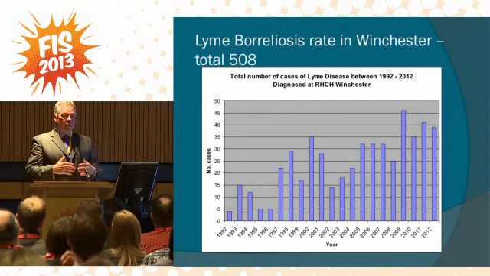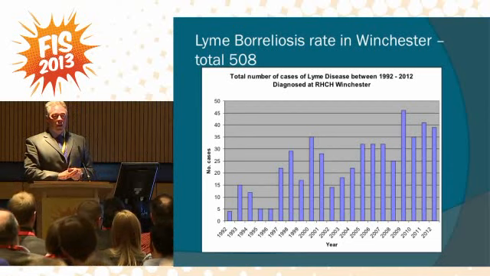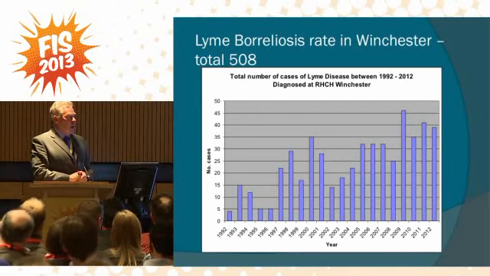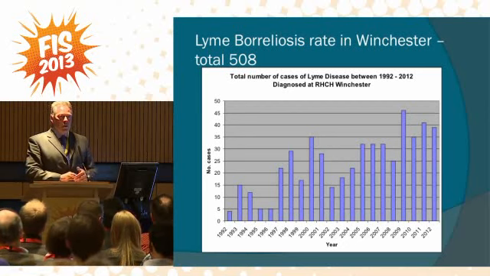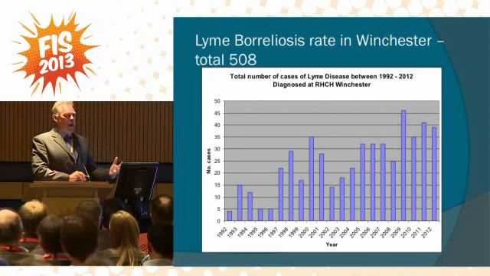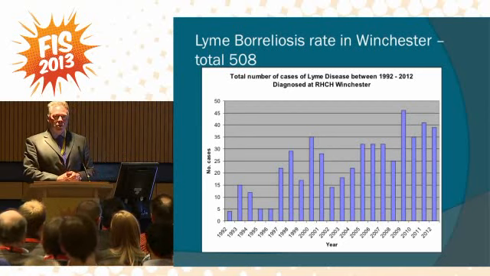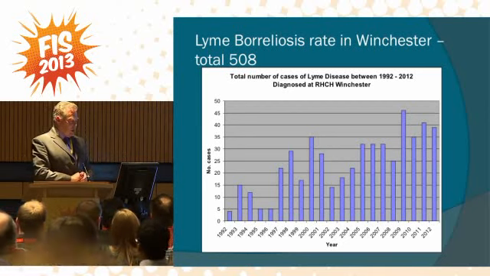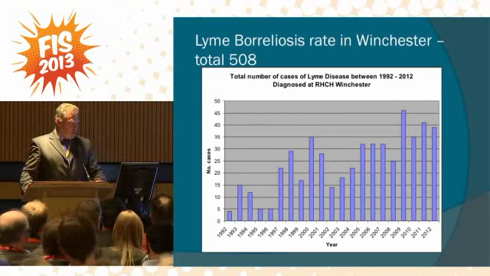I think another reason might be that there are more vectors out there. I mean, not just ticks, but the intermediary hosts as well, which are not just deer, they're small mammals and indeed pheasants. At this time of year, with the shooting season starting in Hampshire, you can hardly drive along a road without running over a pheasant, because the numbers of birds that have been put down specifically for game shooting are huge. They all carry ticks. They're known to carry Borrelia as well. So there are many different hosts out there in the countryside. So I think this is a true